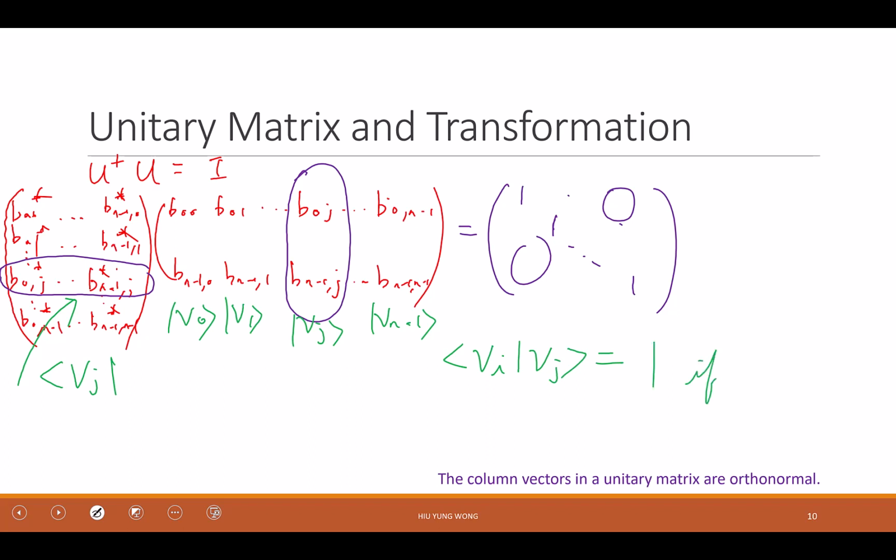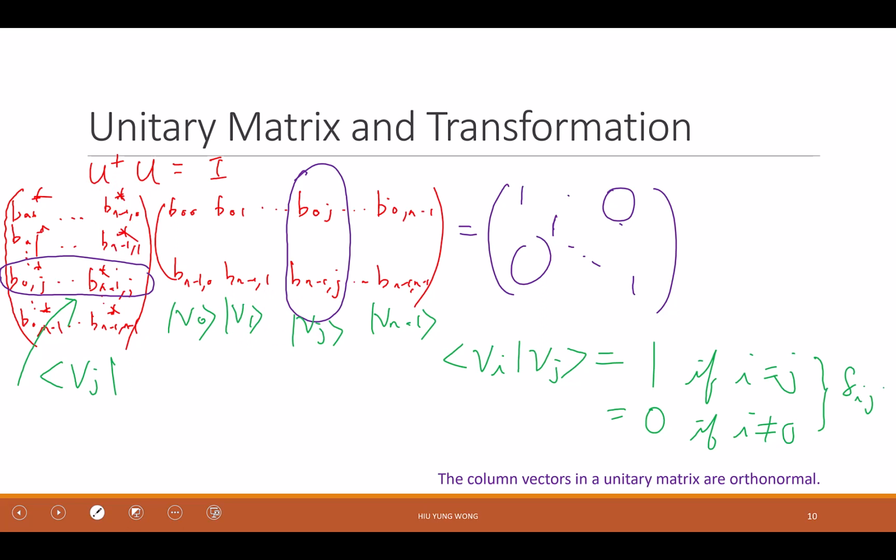if i equals j. Otherwise, it equals 0 if i is not equal to j. And this is which symbol again? The Kronecker delta symbol, delta ij. So what I'm showing you here is that if it is a unitary matrix, the columns themselves are orthonormal to